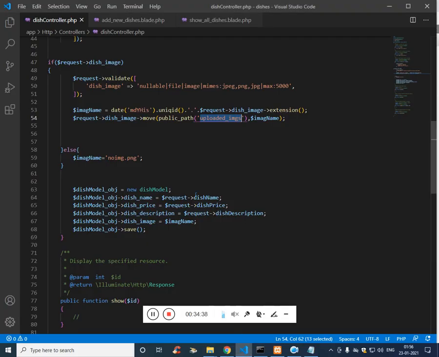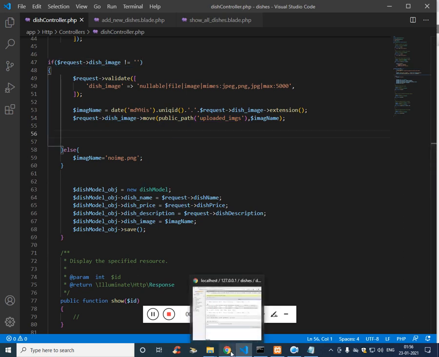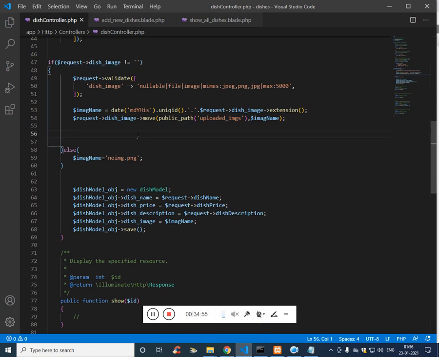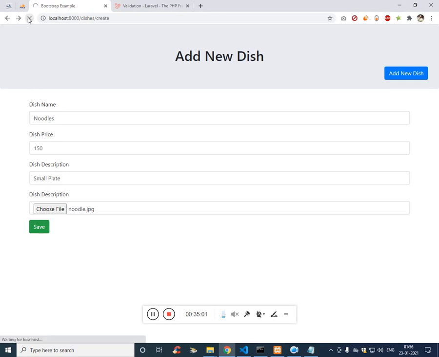Why is the blank image inserted? If it is not equal to nothing, now let's try again. Refresh.